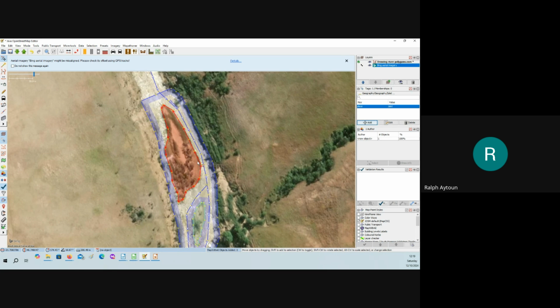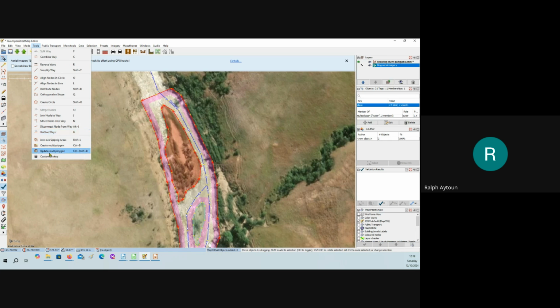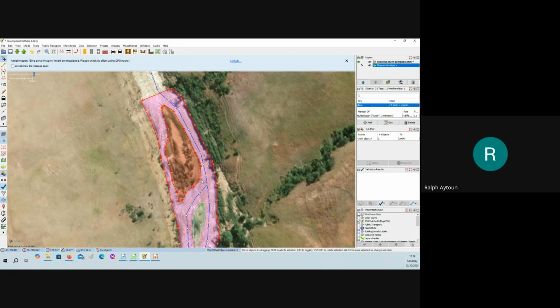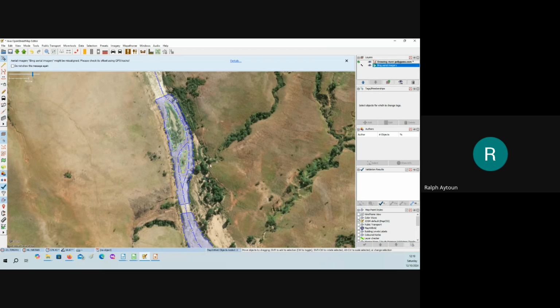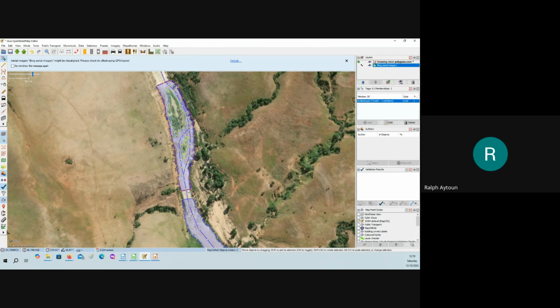So I've got that selected. I hold Shift key on my keyboard using JOSM. I select the outline again and I go up to my tools and I have update multi-polygon. So Control Shift B. And I update the multi-polygon, and now both of those are an island in the same area. This is the correct way of doing that.